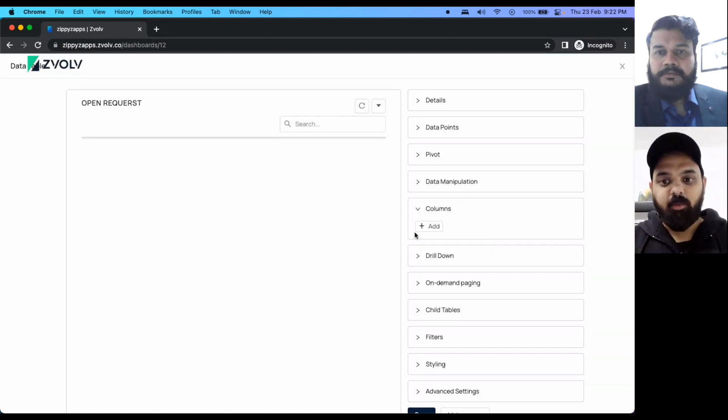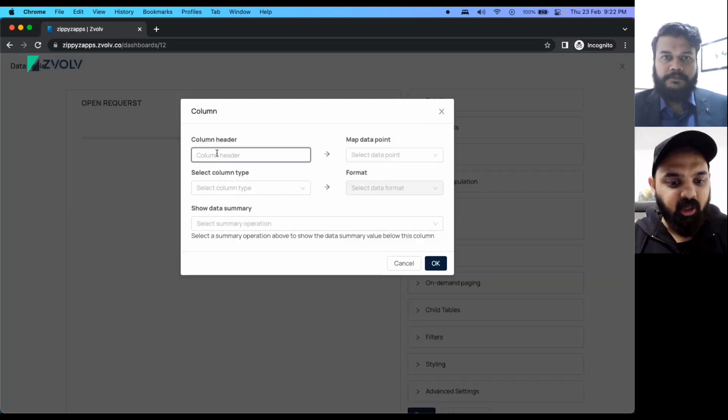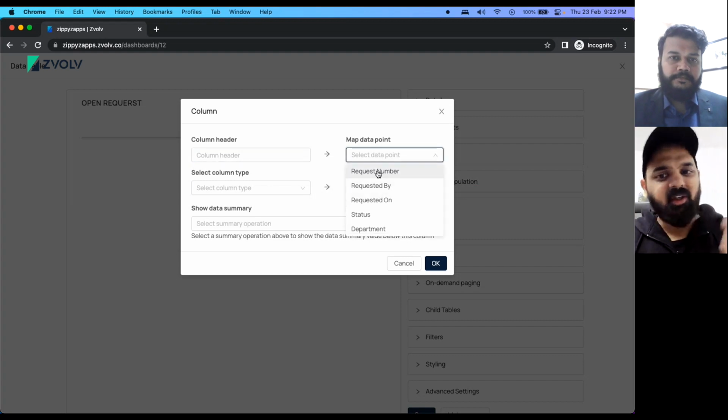Now that we have plotted all the data points, let us do the column mapping. Column mapping is nothing but using the data points that we just picked and giving them some styling.